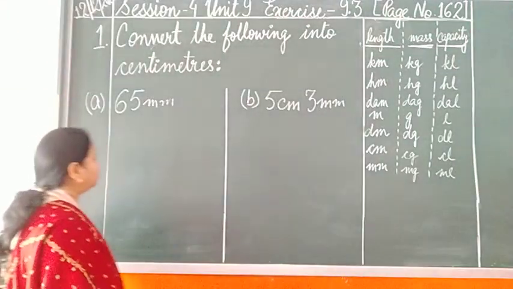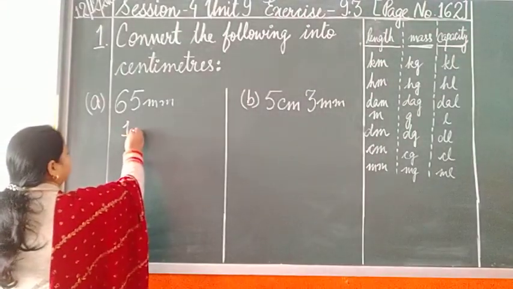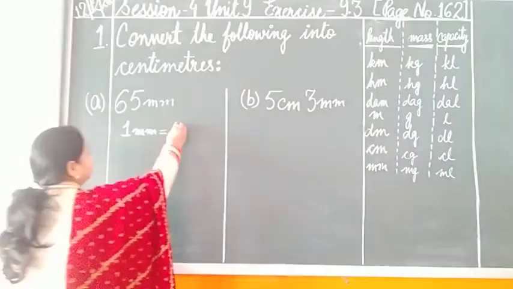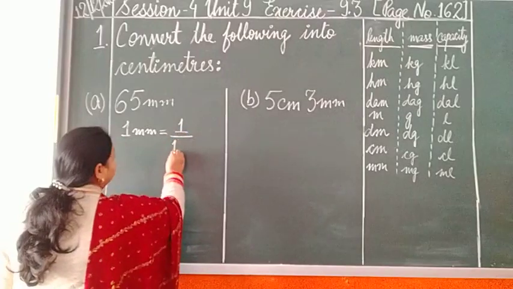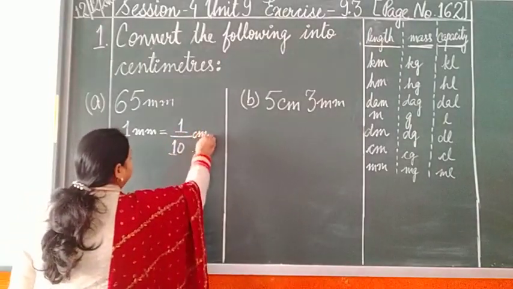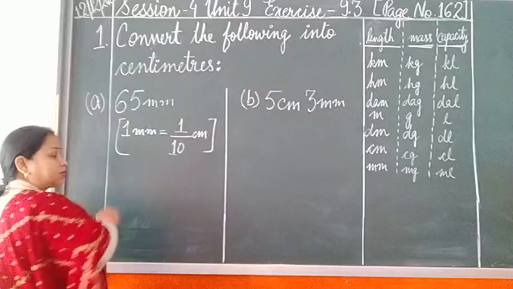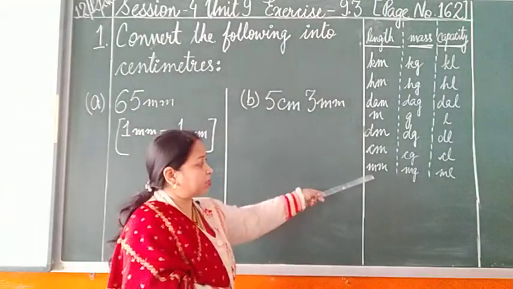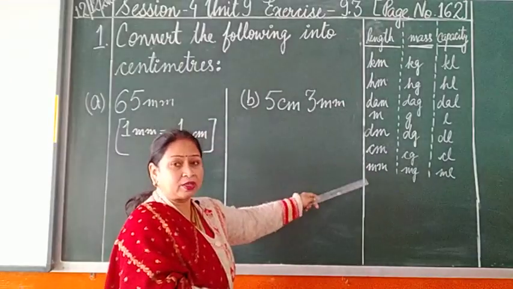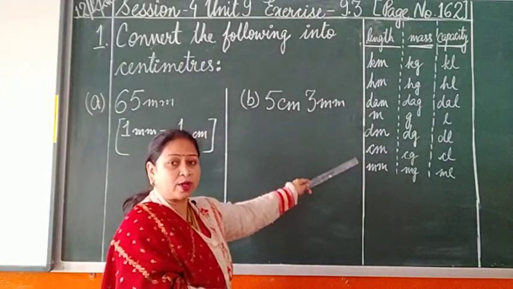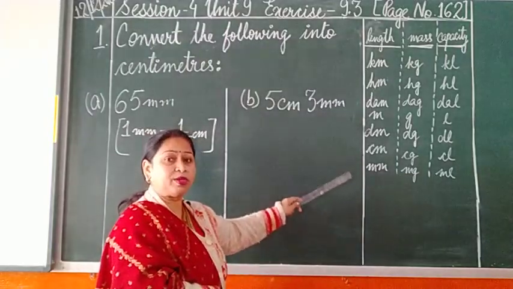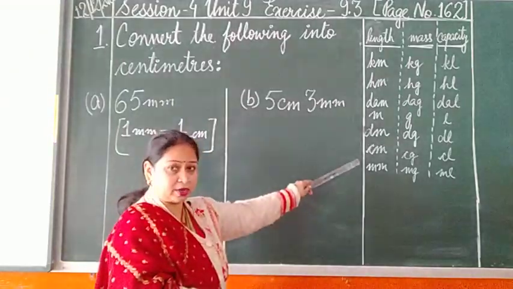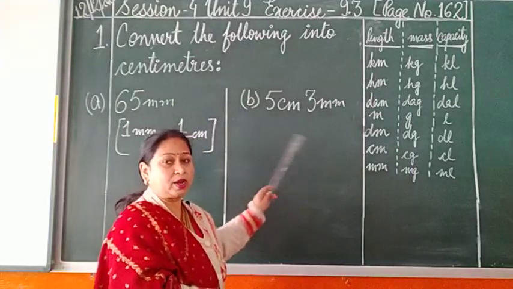So when you convert 1 millimeter to centimeter, it will be 1 upon 10 centimeter. And how are we getting this? I have already told you how we are getting this. From millimeter to centimeter, that means one step we are moving up. As we move from lower to higher unit, each step will be divided by 10. So you are going to take a single step, milli, then centi. So it will be 1 upon 10.